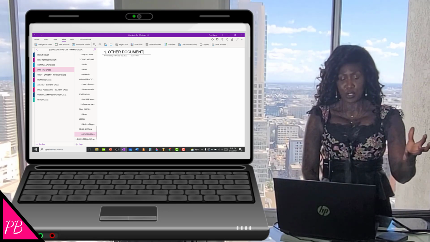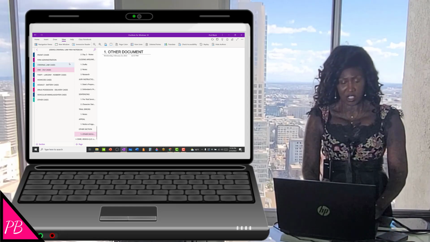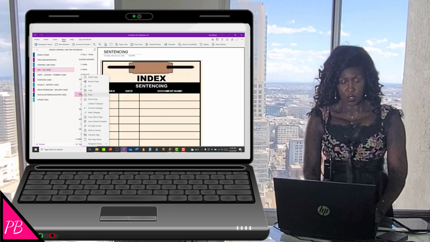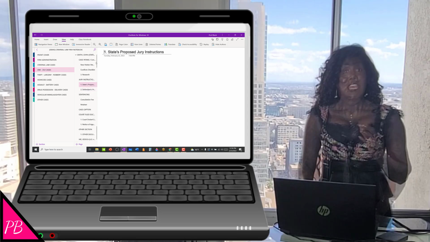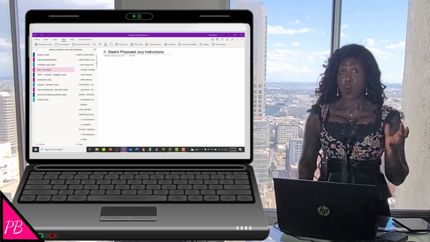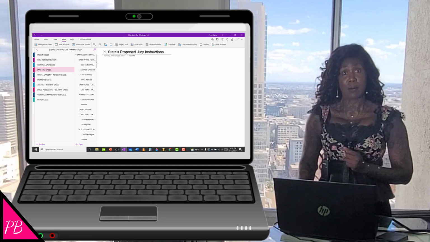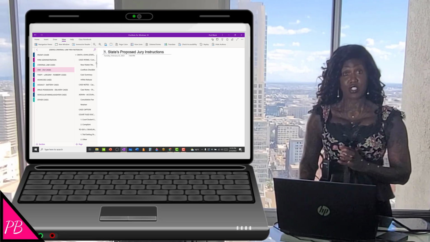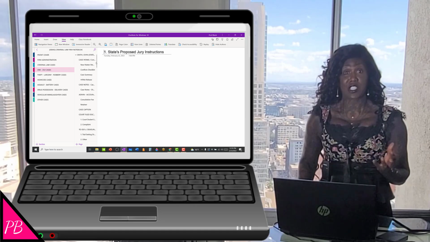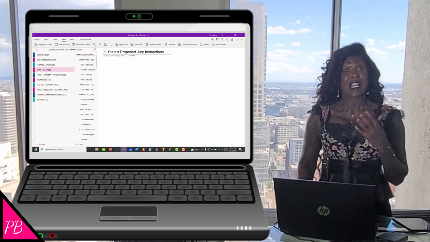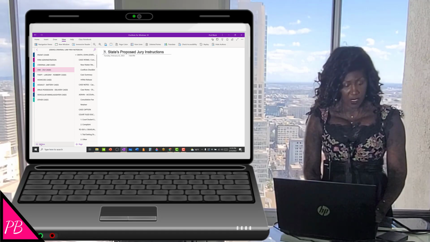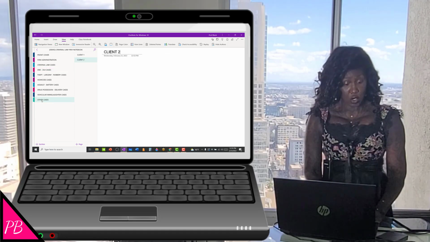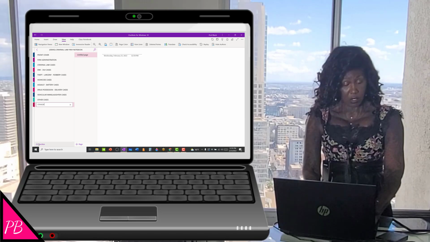Okay, so you can add to, you can delete any of these sections that you do not need to use. If you want to delete a section, you can right click on it and just hit delete page. Okay, and then once you have the sections that you want for your standard client file setup, you can keep a copy of the standard file setup in your firm administration section, or you can create a separate section that is dedicated to keeping your standard client file setup. And so you could go over here to the sections area, and you can go down to this last section if you want and add a section, and you could call this